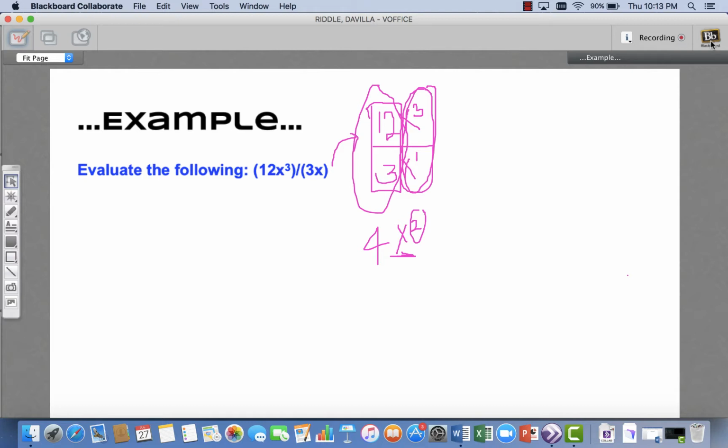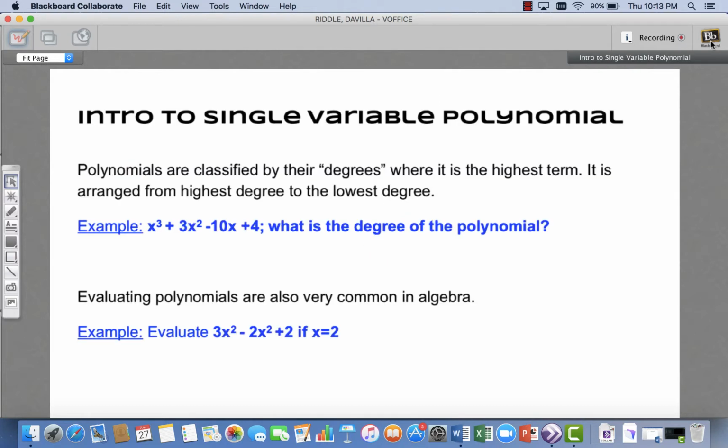Okay. Do you want me to write another example, like make one up on the spot for you to try again, or are you okay with moving forward? Okay, that sounds great. Okay, so now we're